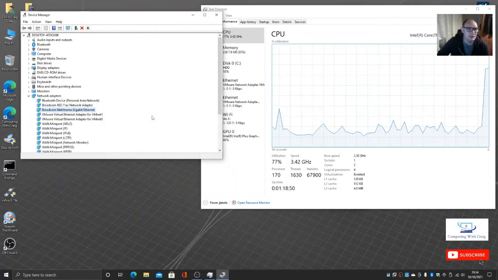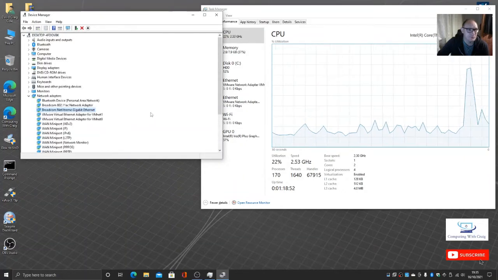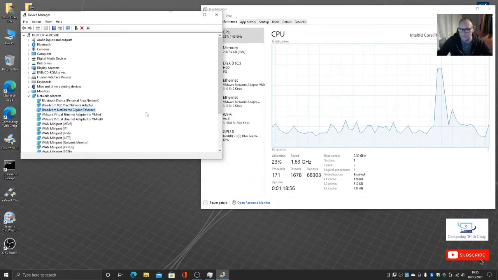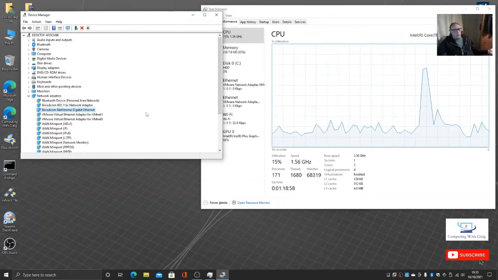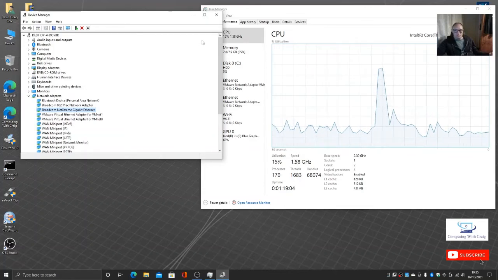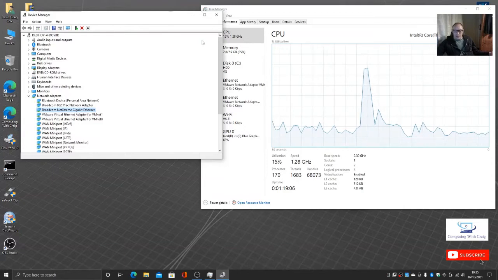And click OK to save the settings. Okay. Now, if this does not work, we could try and disable the audio enhancements. So to do this,